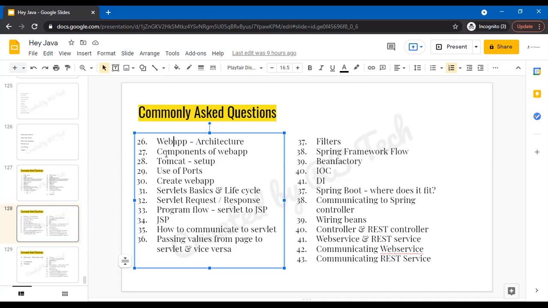So how do we pass values from page to servlet and vice versa? I explained. From page to servlet, we use the request parameter, using get or post. Both we can do. If it is get, the parameter will be visible in the address bar. If it is post, it will be hidden.